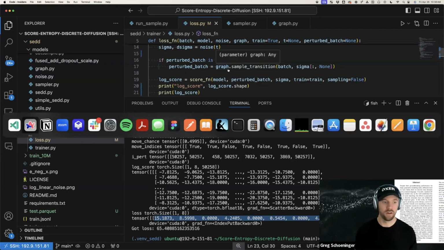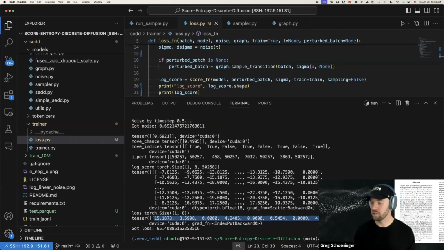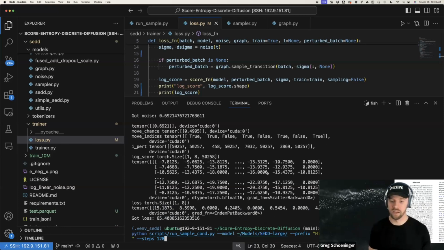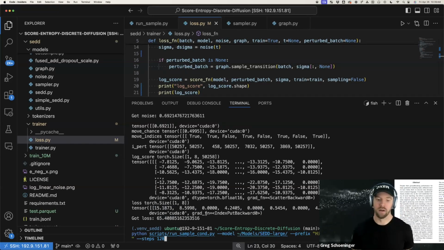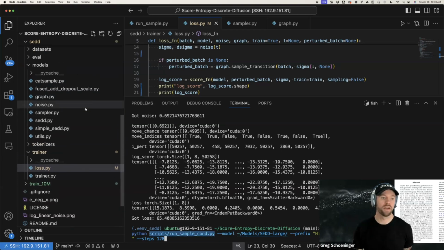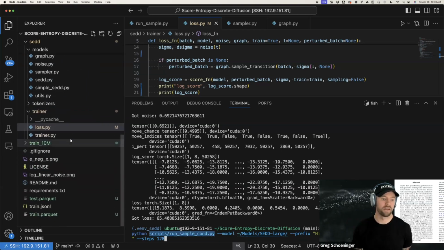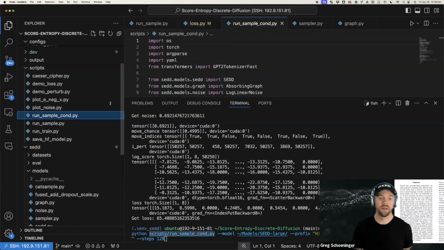Cool. So that's kind of the guts of everything here. And I thought it would be fun to run an actual train on one of these models and just watch it go. Oh, the last thing that would be really cool to demo before we do an actual train is the infilling capability. There's also a script in here where you can run conditional sampling. And basically what this is going to do is